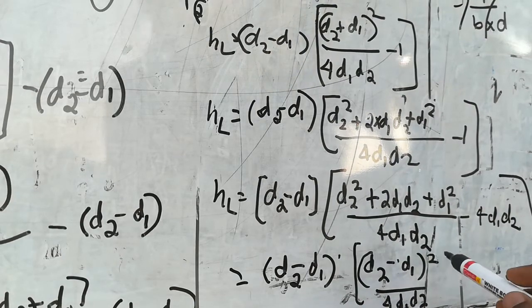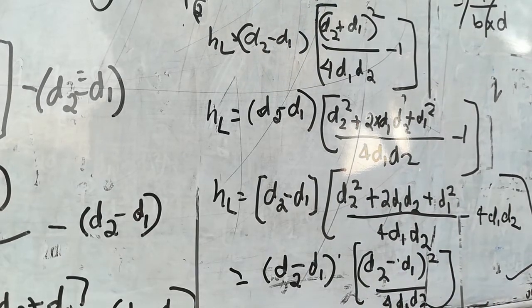So here what happens, x into x square into x cube, so this final equation it becomes